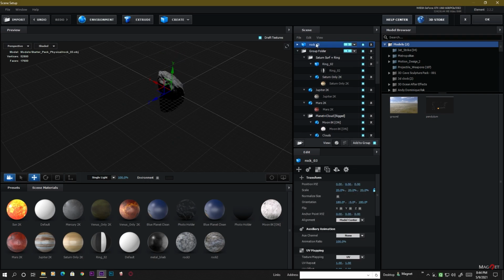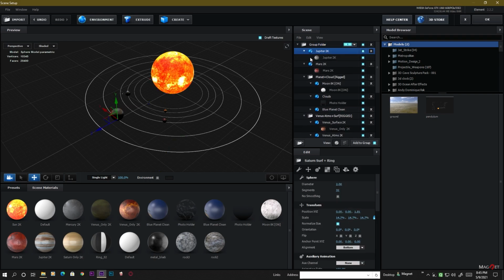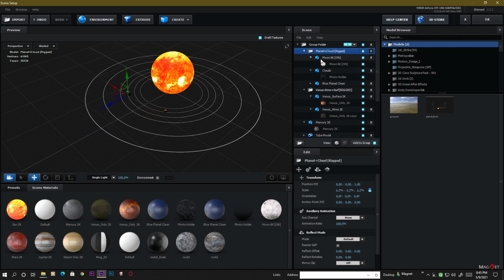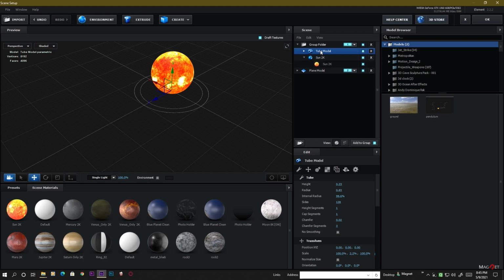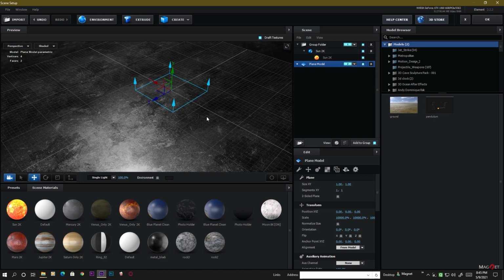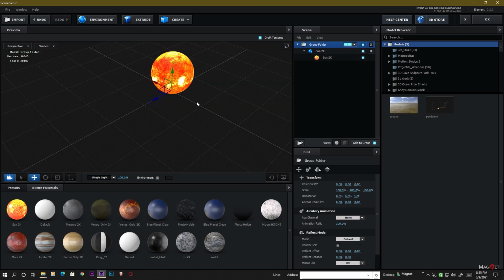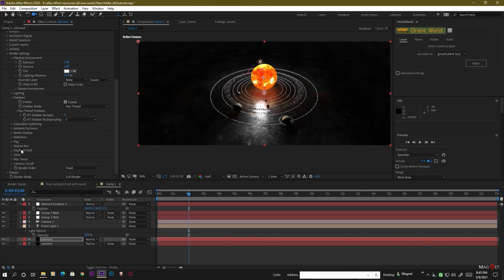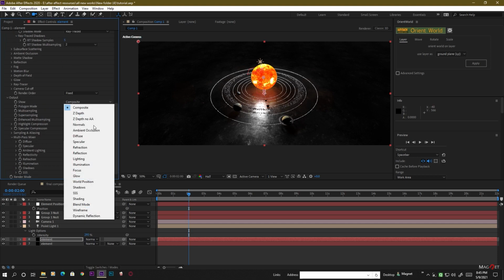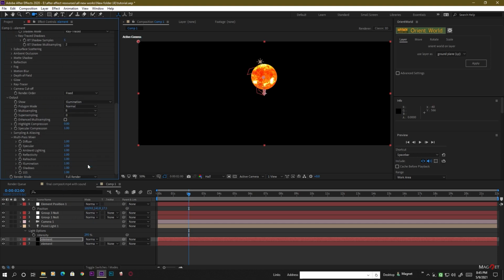So we just leave the sun and delete other things here. Okay, and also delete the plane as well. So now hit OK, and now we go to its output and change it to only illumination. Okay, only choose the illumination,